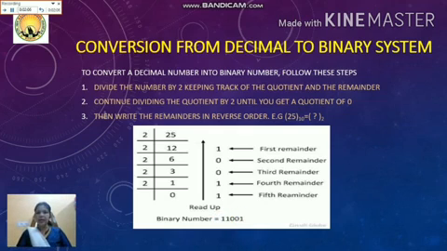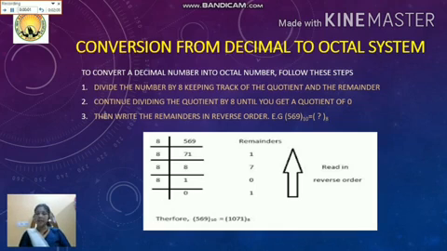Next comes decimal to octal number system. Follow the same process. There we had to convert from decimal to binary, so we divided the given number by 2. Now we have to convert decimal to octal, so we divide the given number by 8 until we get 0 as the quotient. In the same way, keep writing the remainder on the right hand side, and while writing the answer, start from the bottom, and it becomes the equivalent octal number.